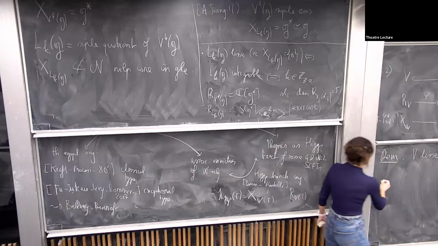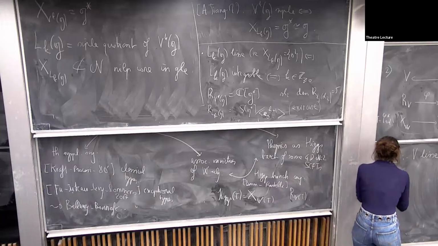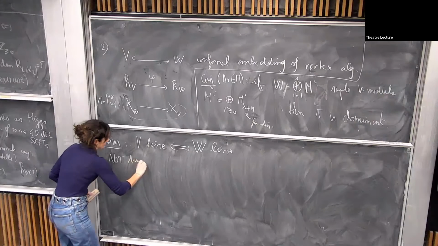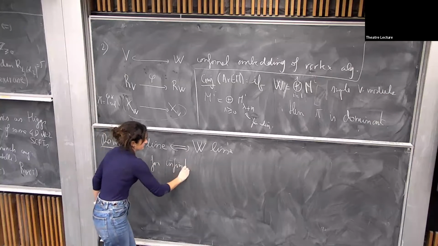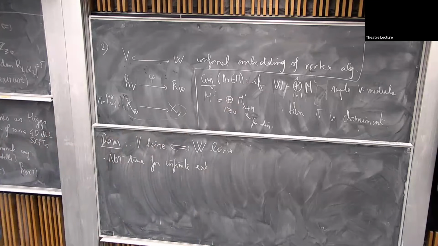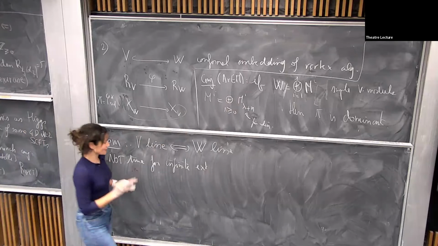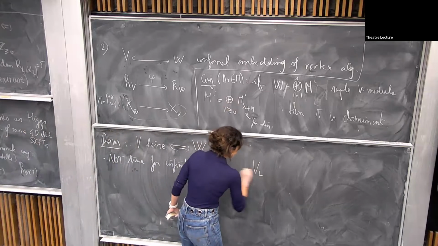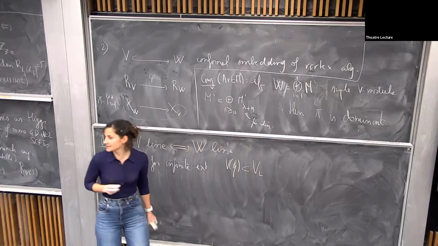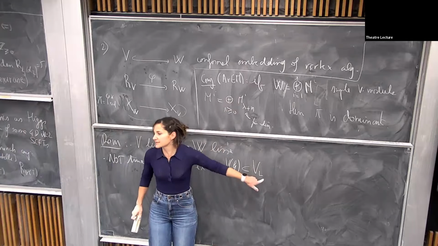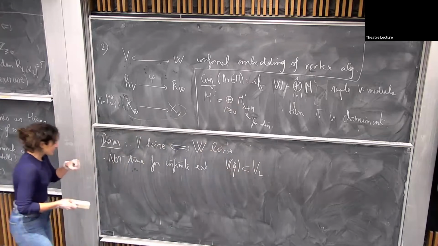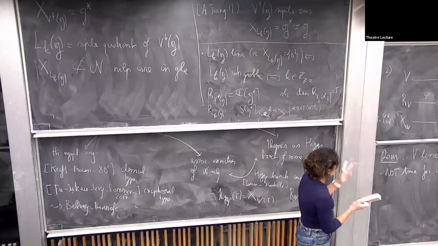And the second remark is that it is not true for infinite extension. Actually, we don't know whether it's true also here because we don't have results for the moment, but at least it's not true for that. For instance, if you take the lattice vertex algebra, it contains the Heisenberg vertex algebras. This one is known to be lisse and this one is not. The associated variety is just H star. Okay. So yeah, we don't have a result for the moment.